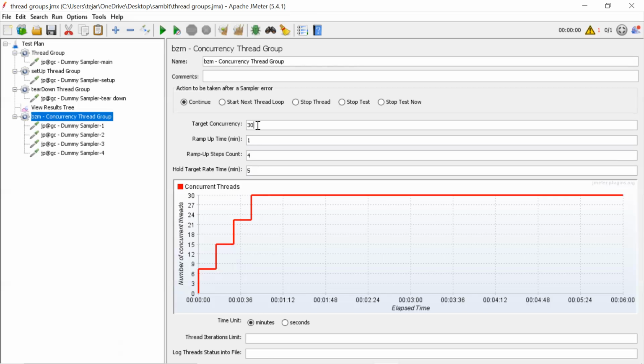In this thread group you can achieve only concurrency from one point. For that kind of pattern, that's where we use stepping up and stepping down, which is a different thread group.